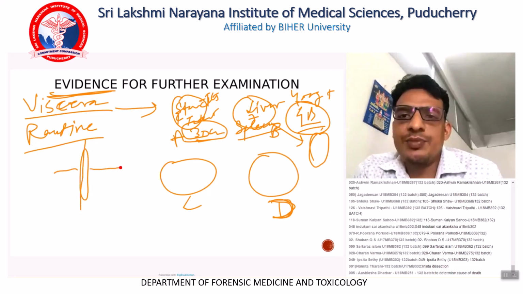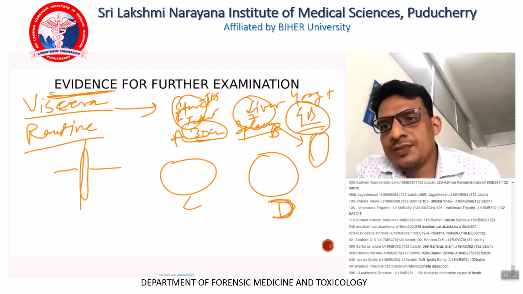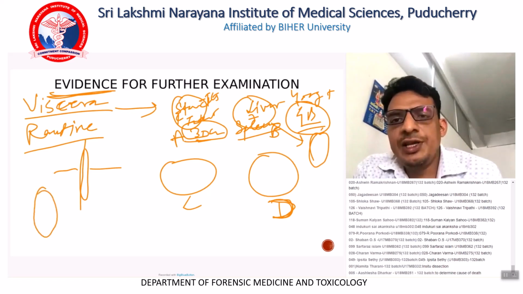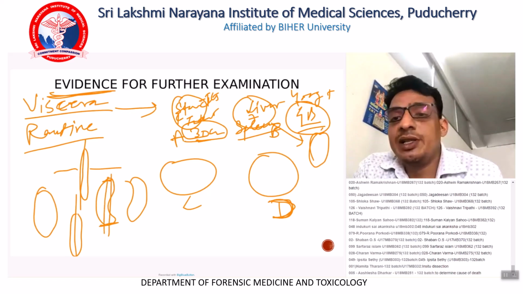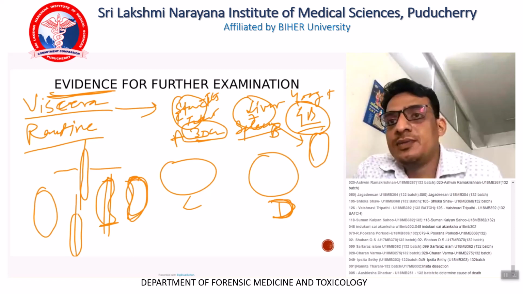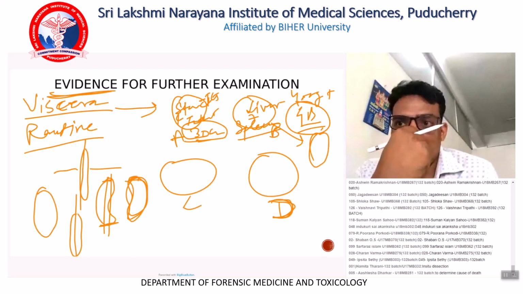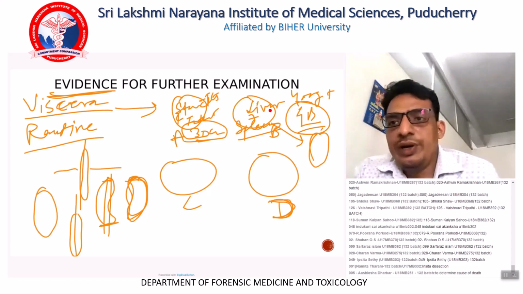Half of spleen. Third, half of each kidney. How? Again, longitudinal section. If we look at it from the side, this is the kidney, we'll cut it in half, so that all poles, upper to lower, are present in the section. Why both kidneys? One kidney may be non-functioning and poison may be present in the other one. So liver plus spleen plus half of each kidney is in box B.